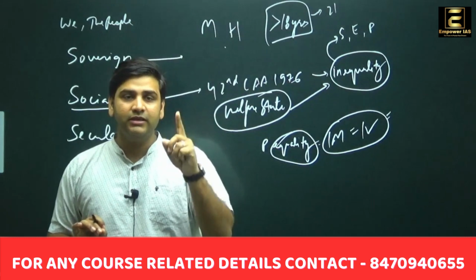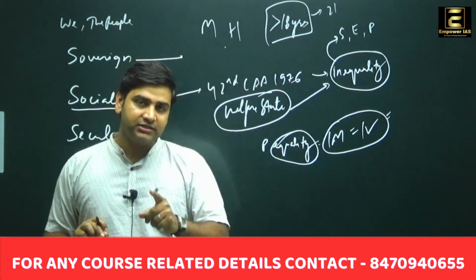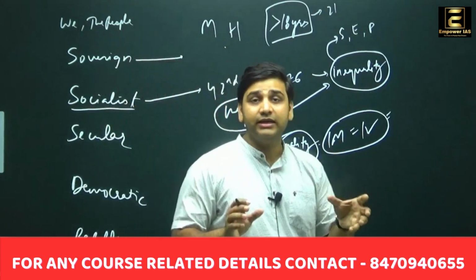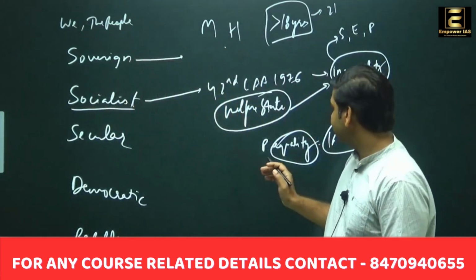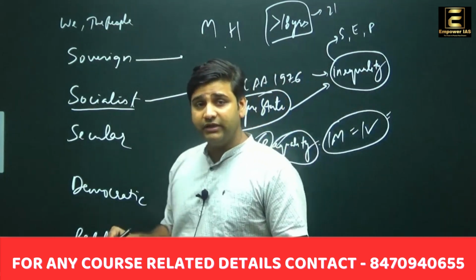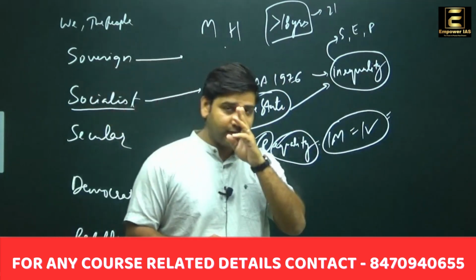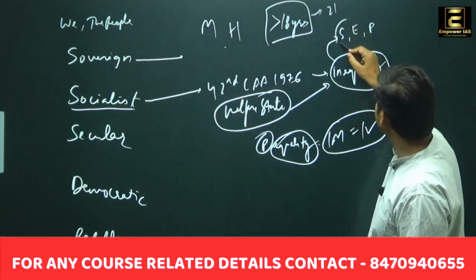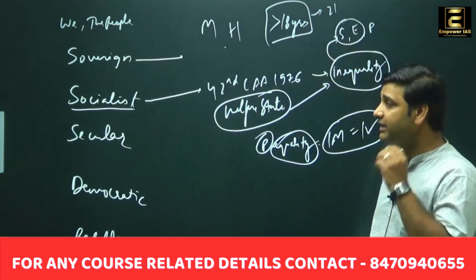Everybody who is a citizen of India and above 18 years of age is eligible to vote. That is called political equality, which has been given to the citizens of India right from the beginning. But when we look at social and economic inequality,